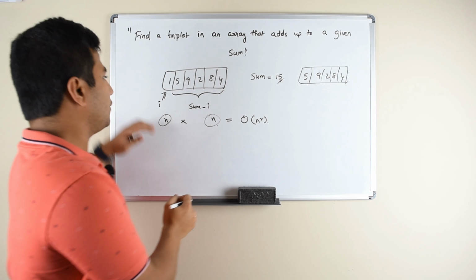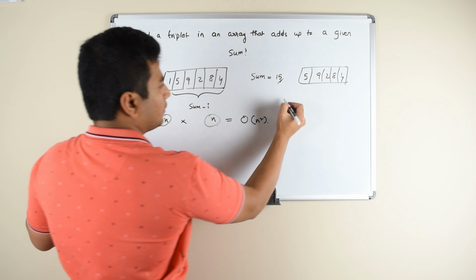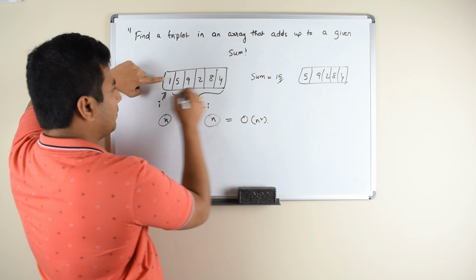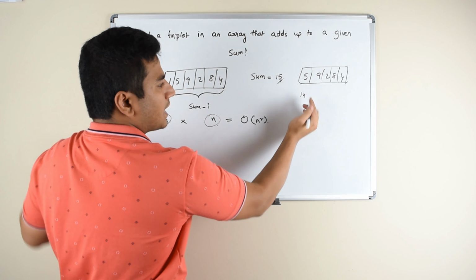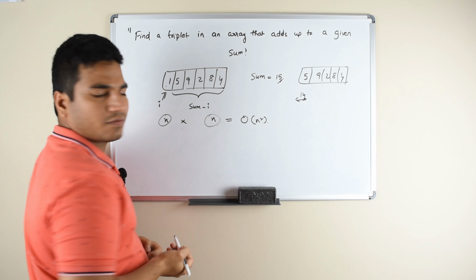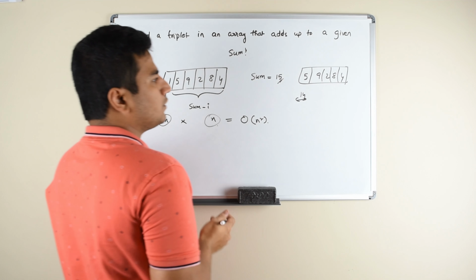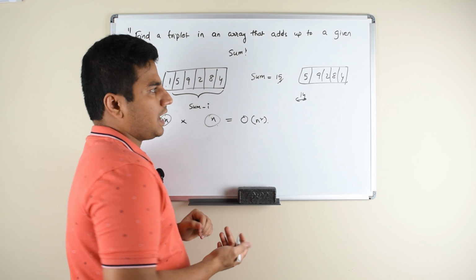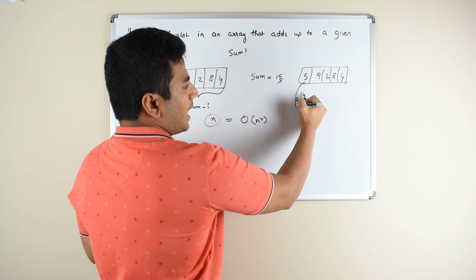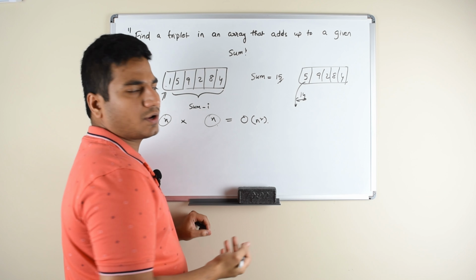In this array, you want to find a pair which adds up to a sum of 15 minus 1, which is 14. So you want to find a pair in this array which adds up to the given sum of 14. So when you want to do that, what you do is you create a hash set first and you add an element to the hash set if there is no complement of that element.